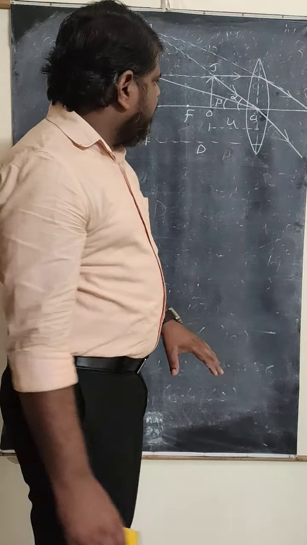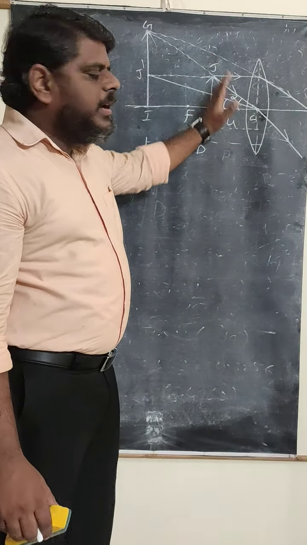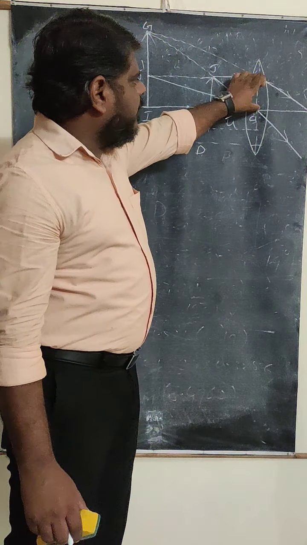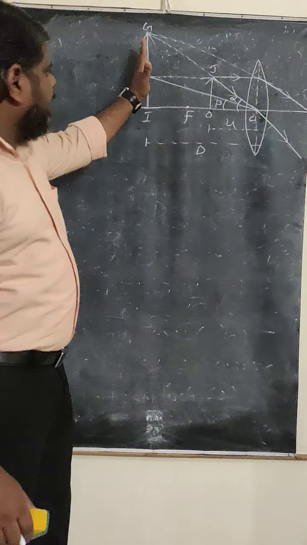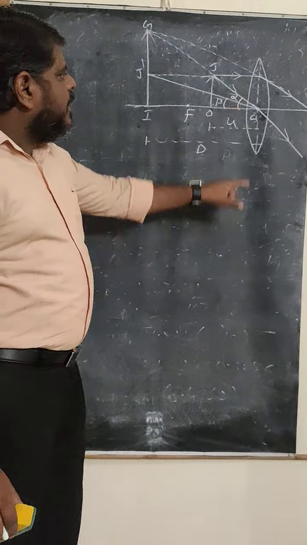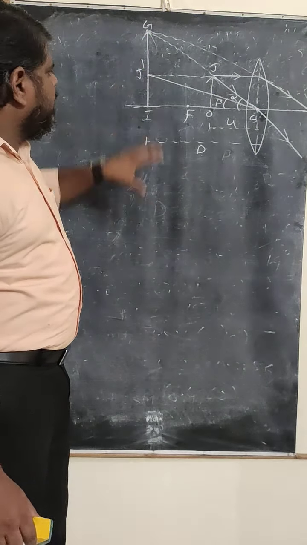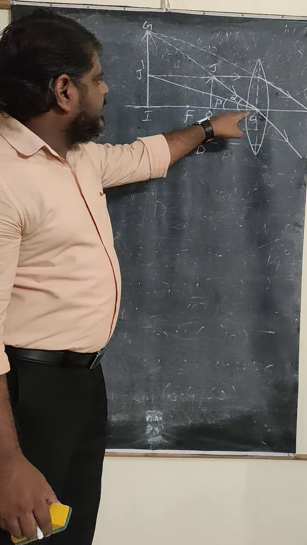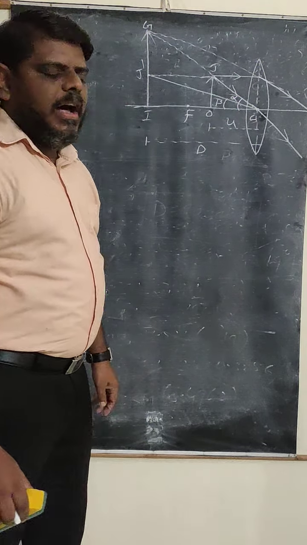Once again, briefly, we are taking the lens. First we are placing the object at the OJ. Then the light coming from the object will fall on the lens and refracts. If the refracted rays are extended back, you are going to get the image at IG. After that, you take the same size of the object at the place of image, IJ dash, and you take a straight line to the optic center. This angle is beta, this angle is alpha.